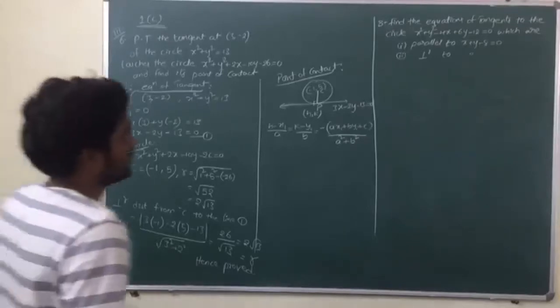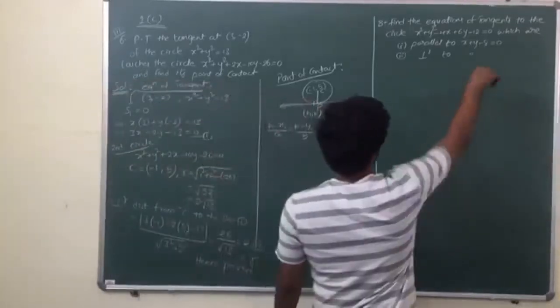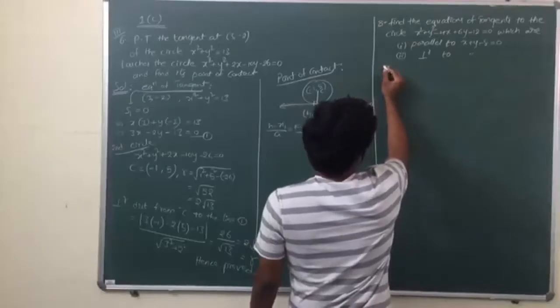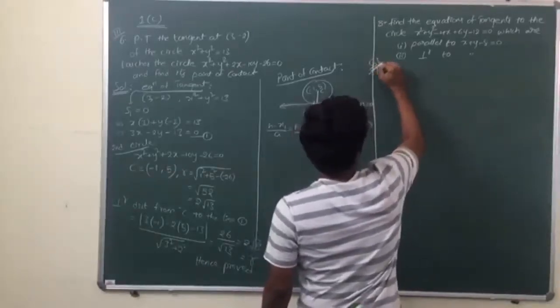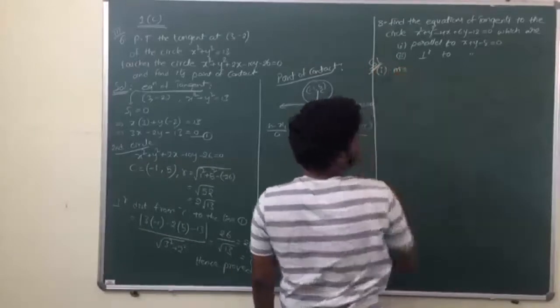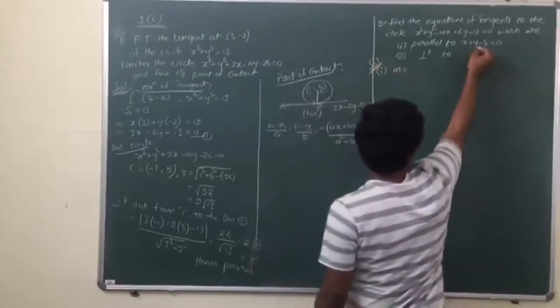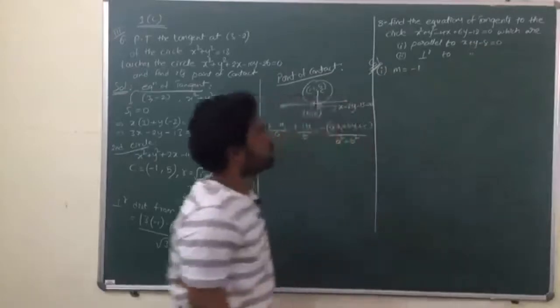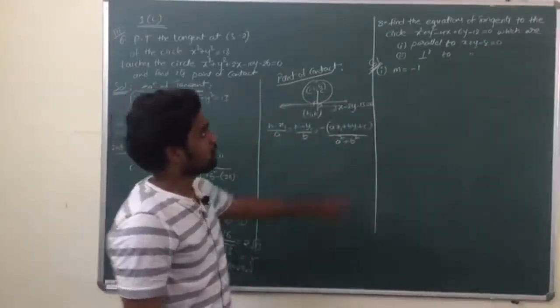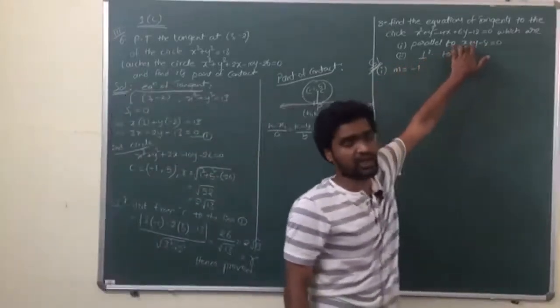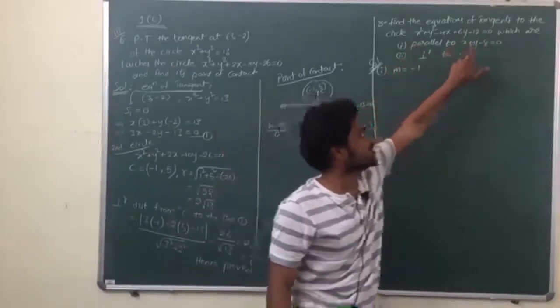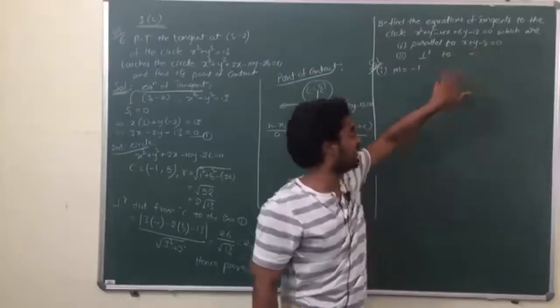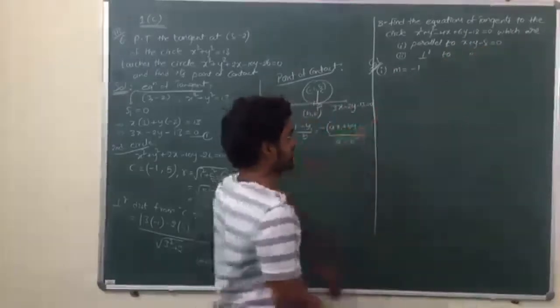Okay. Now see the eighth one. So first one, slope should be, what is the slope? Minus 1. Slope is minus 1 because he told that tangent is parallel to the line. Tangent is parallel means slope should be equal. So slope of tangent is equal to the slope of line given, which is equal to minus 1. This is for the first question.